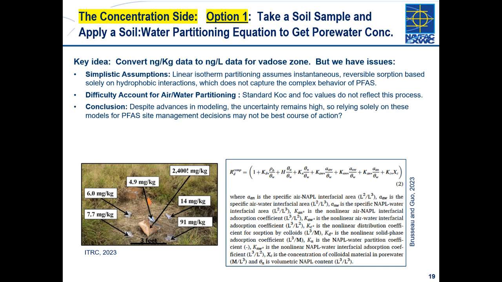Yeah. What you ideally want to do is measure a soil concentration, a soil sample in the field, and convert that and say, this is what the PFAS aqueous or pore water concentration is going to be. And what you try to do is look at the partitioning among phases. What makes it a little tricky for PFAS are a couple things, and perhaps the most important is you have PFAS accumulation at the air-water interface, right? And how do you get a prediction of that? That's something we're going to talk about.